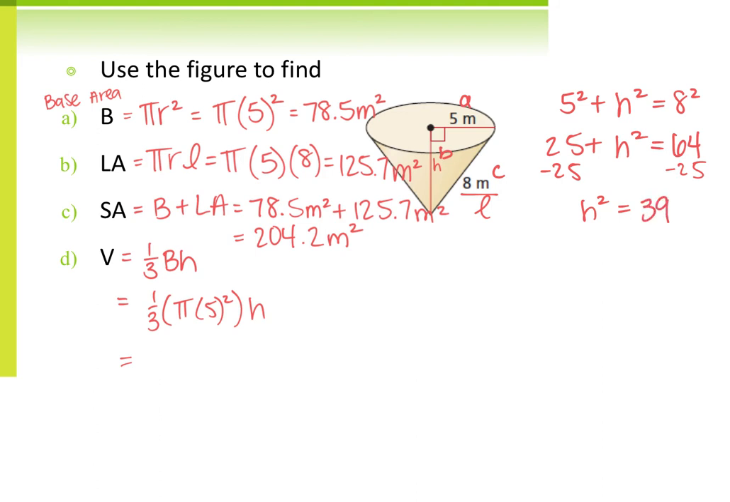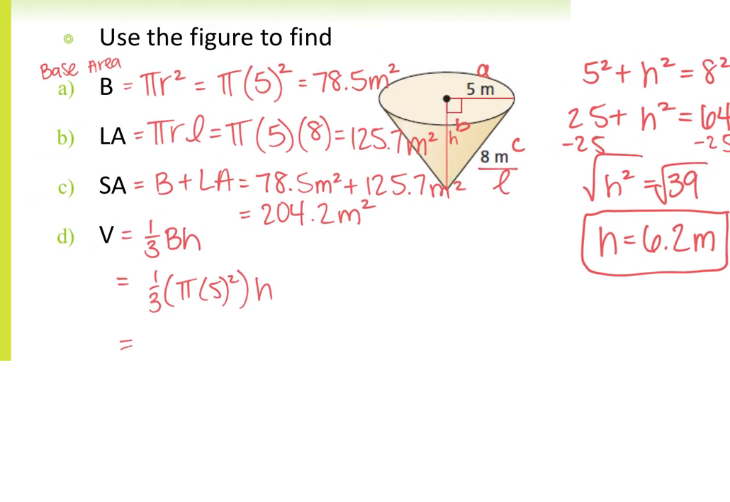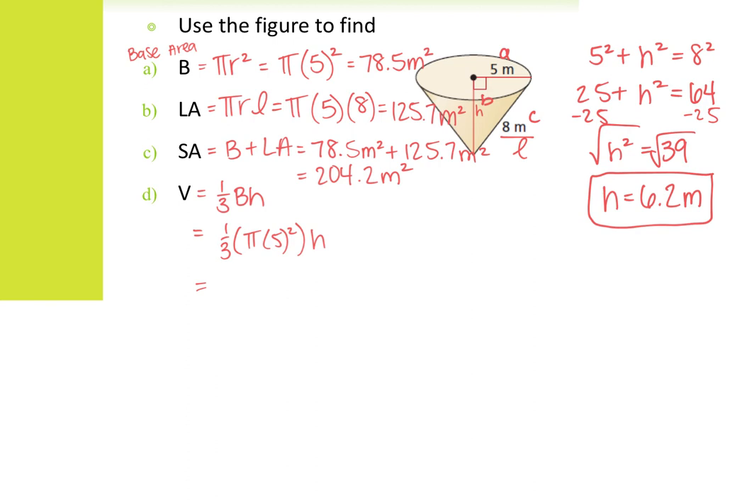And if we take the square root of 39, h equals 6.2. What unit should it be in? Meters. So now, do not use the slant height for your volume, okay? We're going to use the actual height, which is 6.2, from base to vertex, this one right here, which we just calculated. So we're going to get 1/3 times pi times 25 times 6.2, and that'll give us our volume,